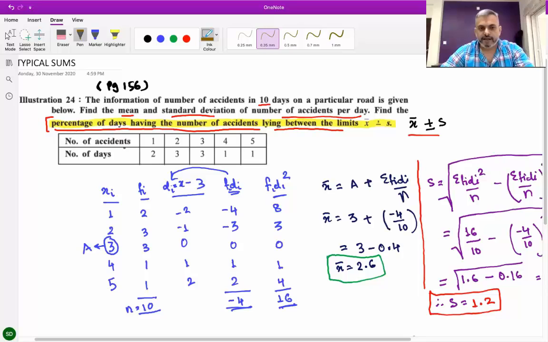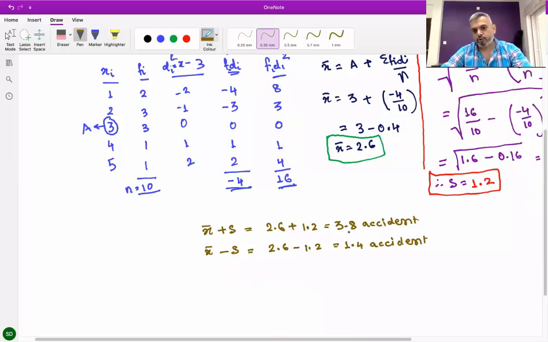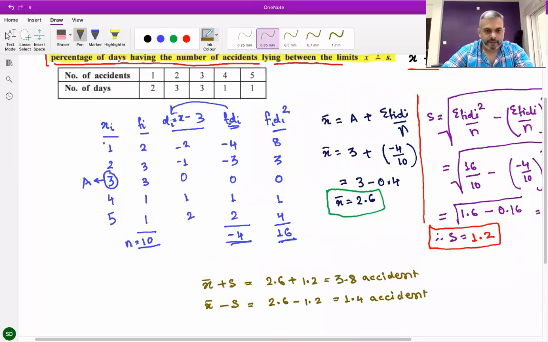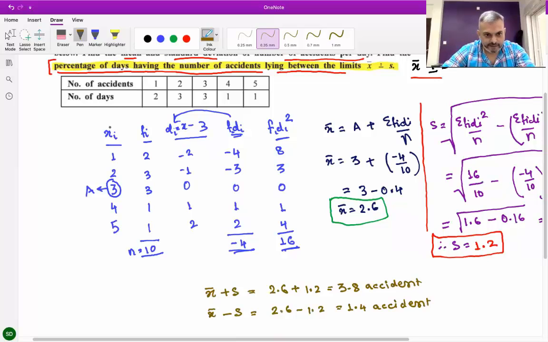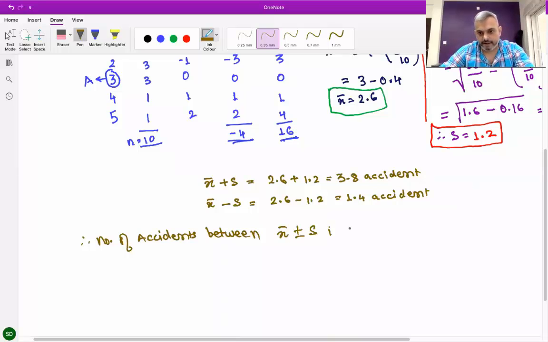First we find the number of days with accidents between 1.4 and 3.8. Xi is basically the number of accidents. So the number of accidents between x bar plus minus s, that is 1.4 to 3.8, are